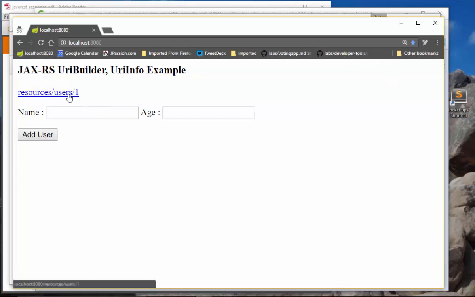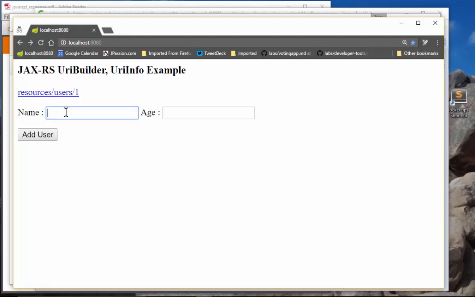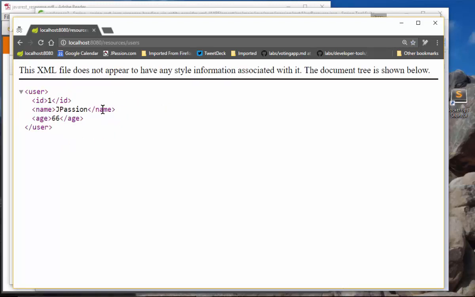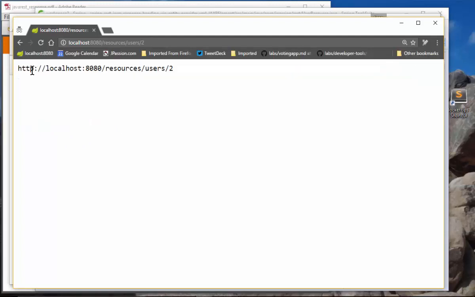Okay, so this is a build. The first user should actually return, it just returns the URI. And here I'm going to call JPassion, age is 66, add user. So it just adds the user. Basically, if I actually do 2, maybe, yeah, so that is the, it just returned, in this case, just